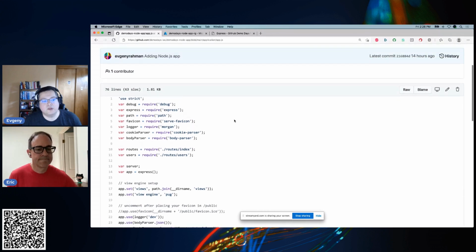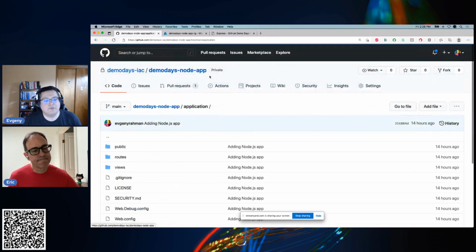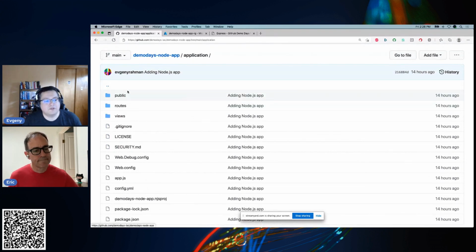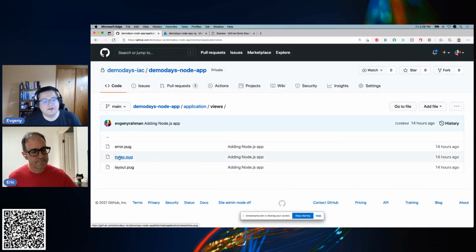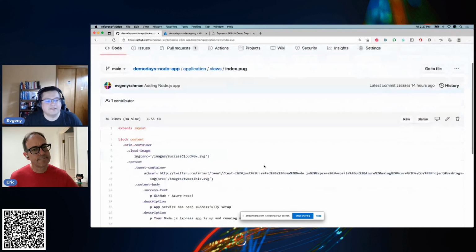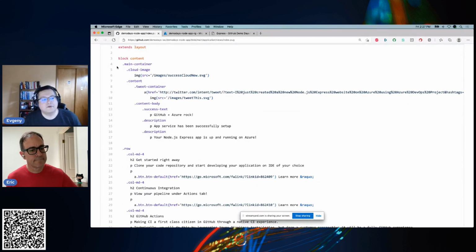The views and the view engine, which is adorably named Pug, is what's going to power the changes we're going to show today. So here are the views in the views directory, and you see that they all have this extension of .pug. This is what's known as a view template. Most major application frameworks for the web have some form of templating engine that they work with. Node.js has Pug, it has Jade, it has Dust, I believe. But the way that it looks is this, and this translates into HTML structure.